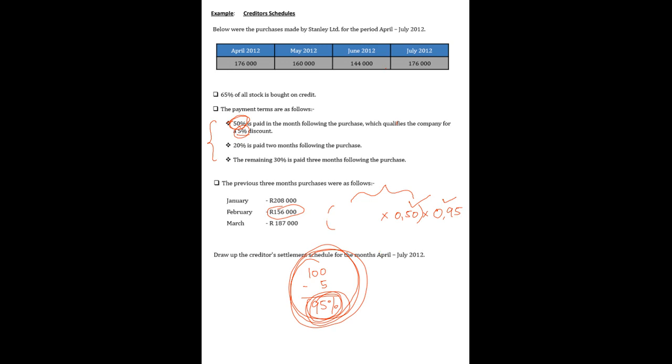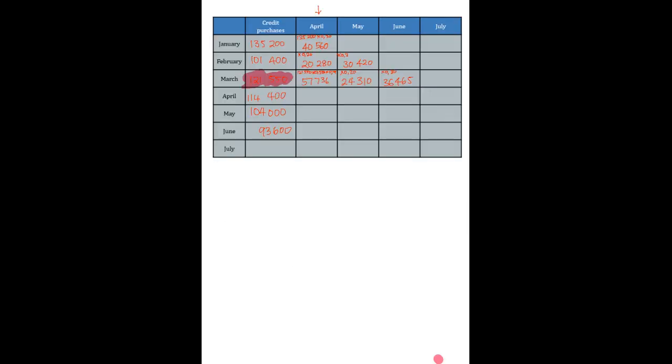Okay, so if the purchase took place in April, then 50% would be 1 month later, which is May. Then 20% would be 2 months later in June, and 30% 3 months later in July. So in the month of April, the amount that was purchased was